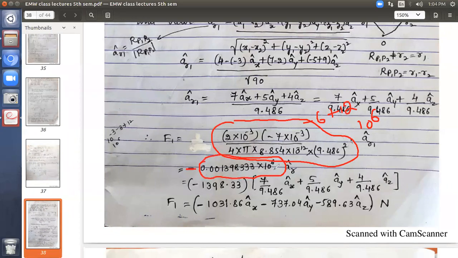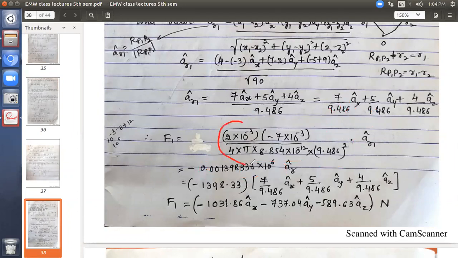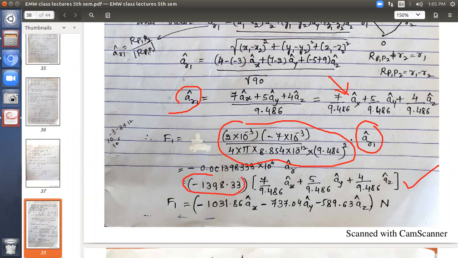You can simplify this, and if you try to move the decimal point by 6, because it is 10 to the power of 6, I will get 1, 2, 3, 4, 5, 6. Somewhere here the point will be shifted. So that I have written here. Please cross verify. Once you get this complete answer, then substitute a R, because we have already calculated what is a R, the direction of the force. So that a R I have substituted here. And finally, whatever magnitude value you have got from your calculator, apply this to each parameter.